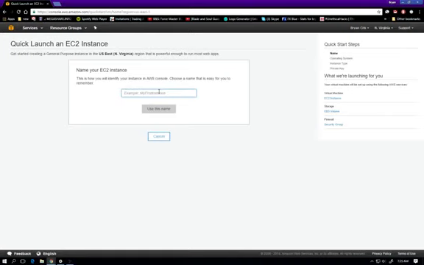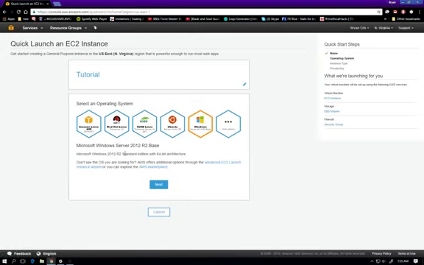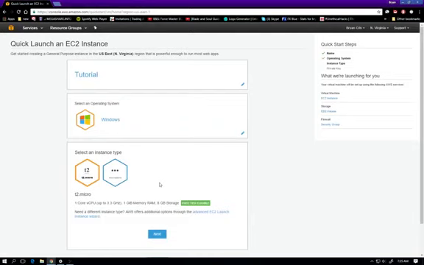This is the first time we've done it, so we're just going to go ahead and do the tutorial. Use this name. We're going to do Windows. It's going to be Server 2012 R2 Base. And it's 64-bit, but unfortunately MT4 is 32-bit, so that's not going to matter too much. And again, guys, if you have questions during this, just let me know. I'm going to hit Next.